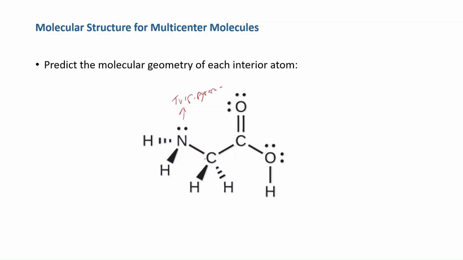This carbon was tetrahedral. There's no lone pairs, so this carbon is going to be tetrahedral. This carbon had 3. Remember, double bond counts as 1. So 1, 2, 3. So that in one plane, trigonal planar. That's why you have to put the full name, because you have 2 trigonals in there. And then this oxygen, it was tetrahedral because it had 1, 2, 3, 4. But there's 2 lone pairs, so that's bent. There's not one answer. There are 4 answers because there's 4 interior atoms.